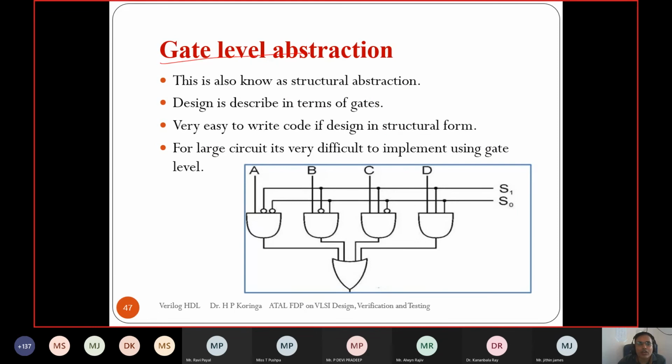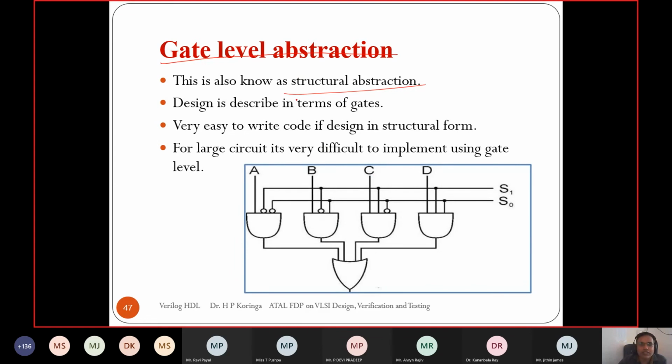Let's start to learn, one by one, all the abstraction levels supported in Verilog. Let's start with the lowest, gate level abstraction. Gate level abstraction is a structural abstraction, because we implement the design using the predefined primitives of Verilog. We can directly use these logic gates, and by connecting them we can construct the desired digital design.